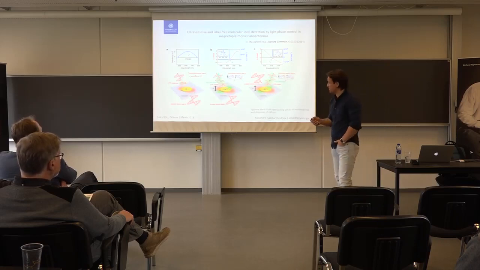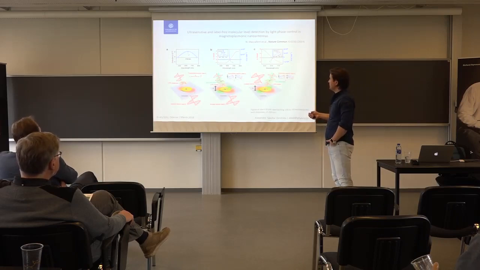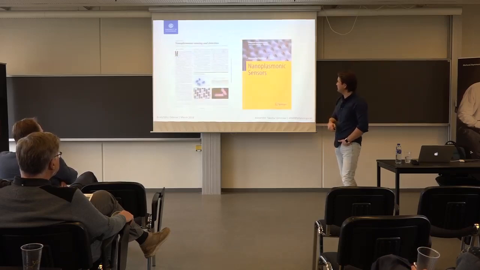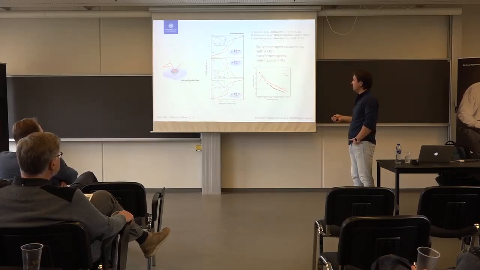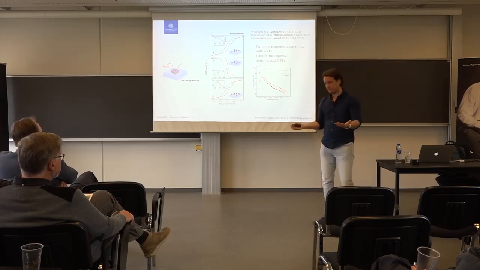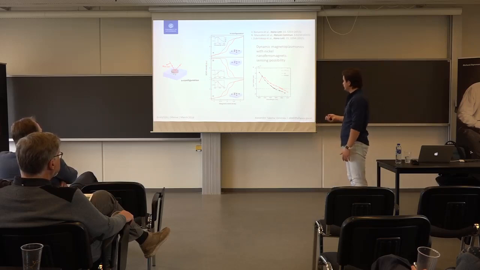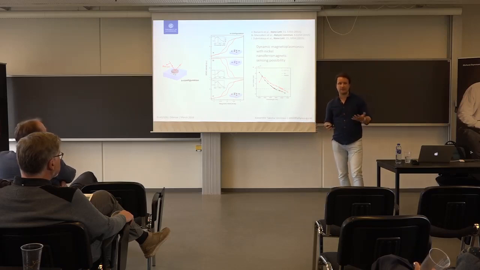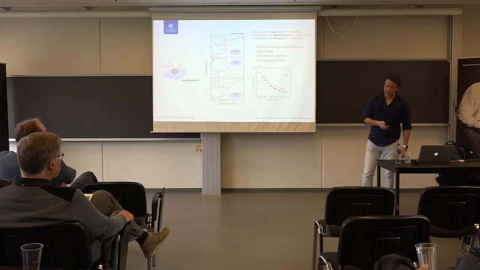I don't want to go into details here, but essentially, you would be looking at the moving of that point that crosses zero of the magneto-optical response, just as in this example here, you would be just tracking one point here. You know that magneto-optics goes to zero at some point in many materials. And just because there are also plasmons in these antennas, the point will be moving, and by looking at how much it moves, you can actually build a sensor based on measuring magneto-optical activity in your nanoantenna.